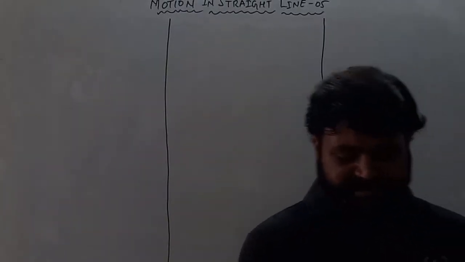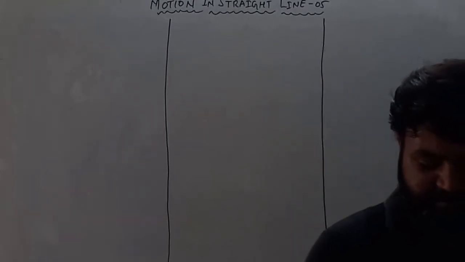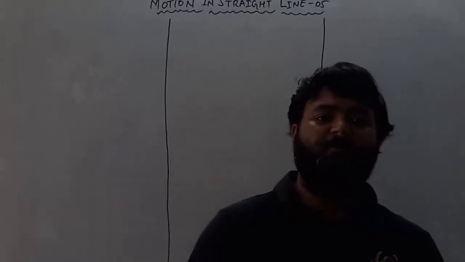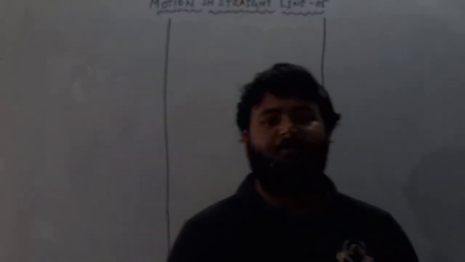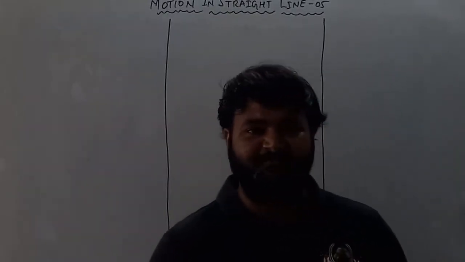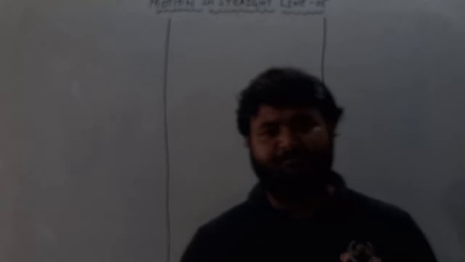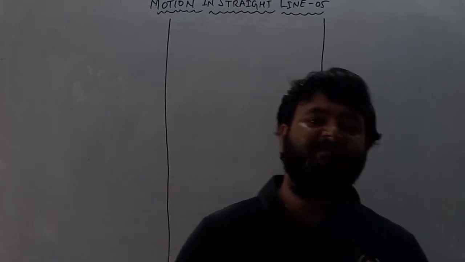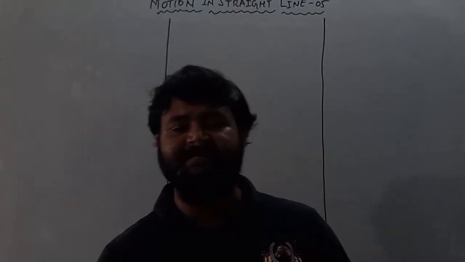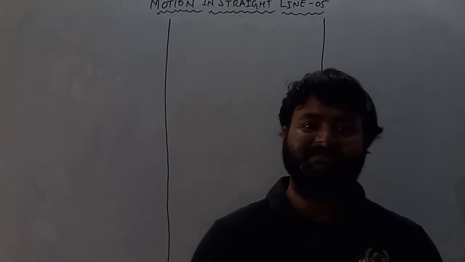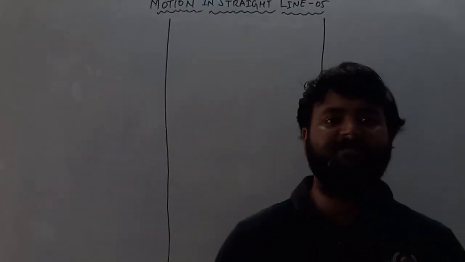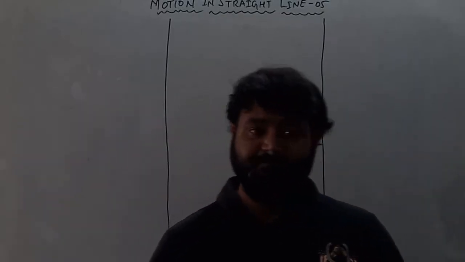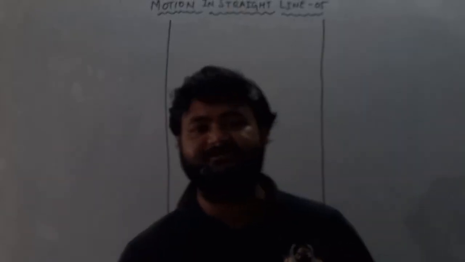It's your fifth lecture in motion in a straight line. We already discussed all the basic topics, all the fundamental equations and formulas of motion: change in position vector, which is also called displacement vector, average velocity vector, average acceleration, average speed, instantaneous acceleration, instantaneous velocity, their relations, and all the equations of motion. It is v equals u plus at, s equals ut plus half at square, and v square minus u square equals 2as.